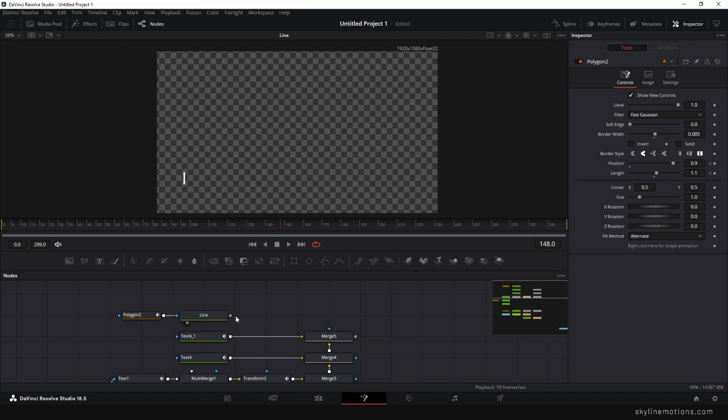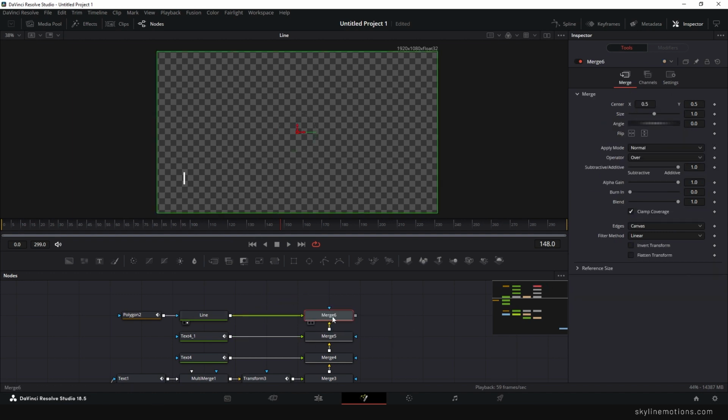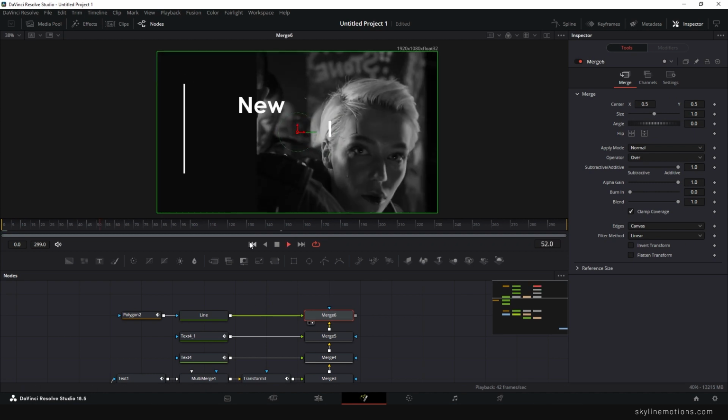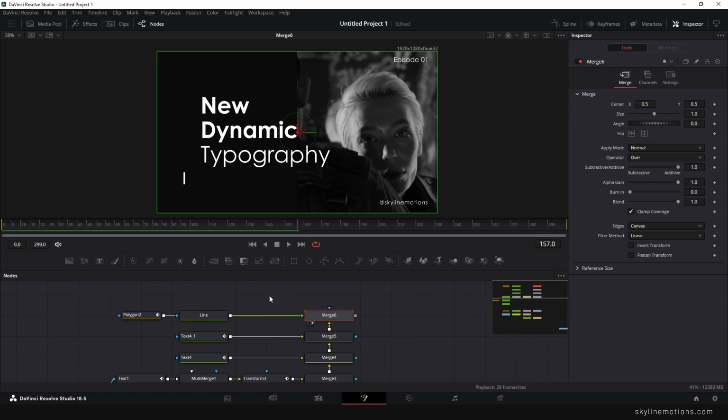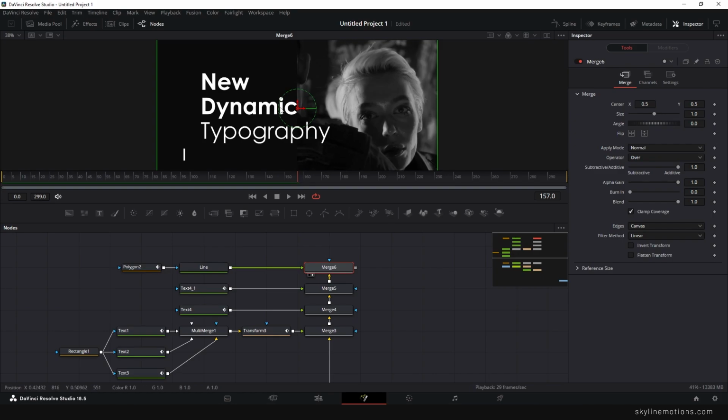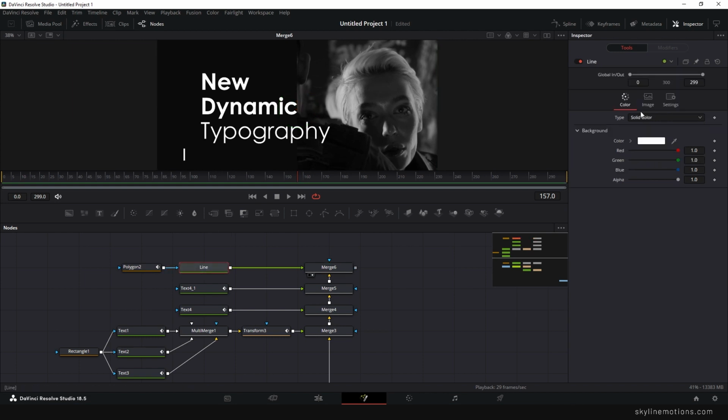Now let's merge the line with the background. It's very simple. Drag and drop to the viewer. The text animation is almost ready. But we have to do one more thing with this animation. We have to change the color of the center text and the line. So it's very simple. Select the line first, go to the color